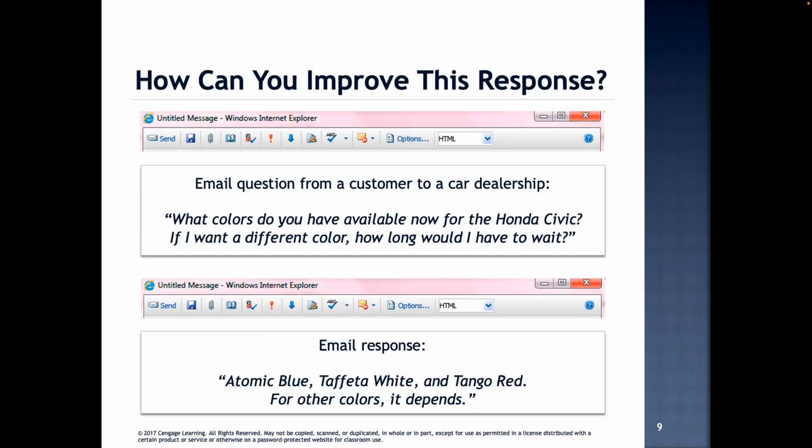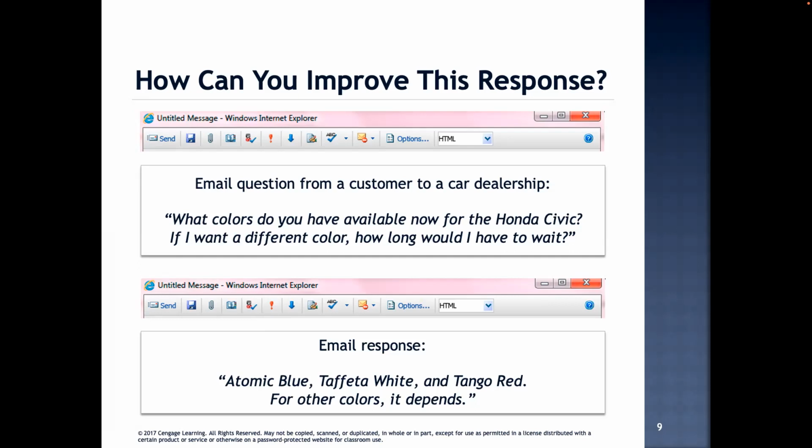All right, so how can we make this email better? This is a horrible response. How do we fix it? Yeah. Answering the question. Yeah, answering the question with more than just the colors. That'd be good. What else could we do? Yeah, Dane. Shouldn't give them a time frame of any sort. Yeah. She asked how long it would take. It just said it depends. So even if they didn't know, maybe they could give them at least a little more of a description. Yeah, that'd be great.